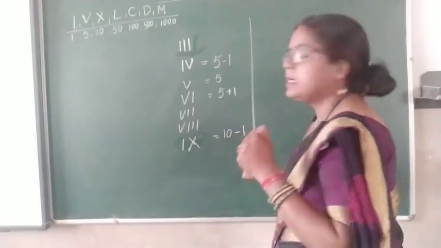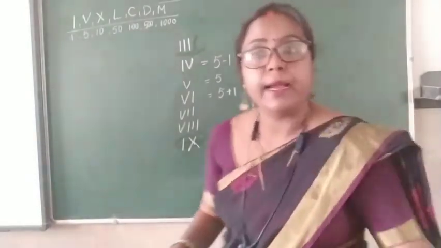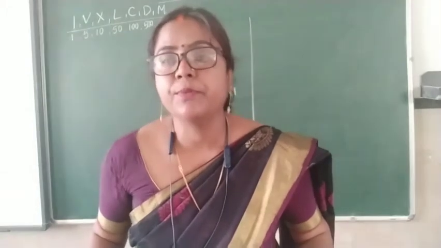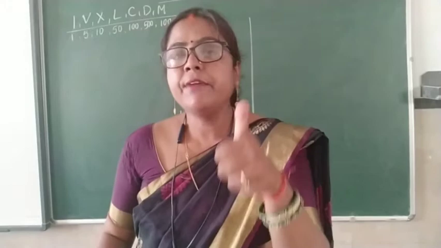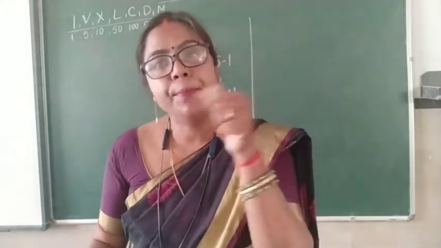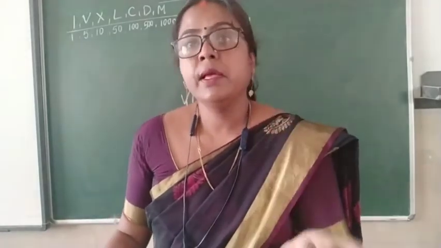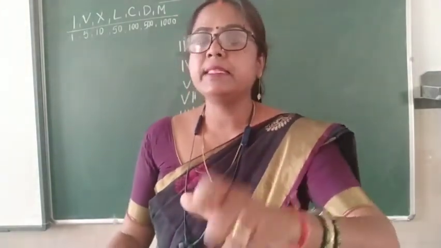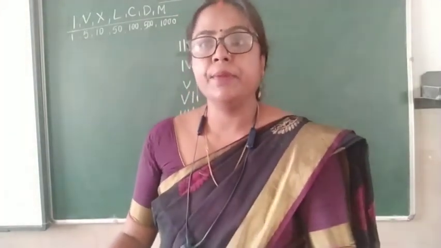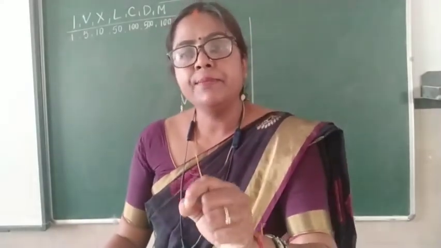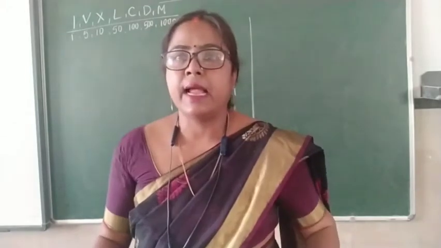This is clear to you, children? So this is about how we write Roman numerals with the help of the given symbols. What things are there? If I have to write numbers, we repeat the symbol, and a symbol should not be repeated more than 3 times. If any smaller symbol is written before the greater symbol, it means it is subtracted. If any smaller symbol is written after, it means it is addition.